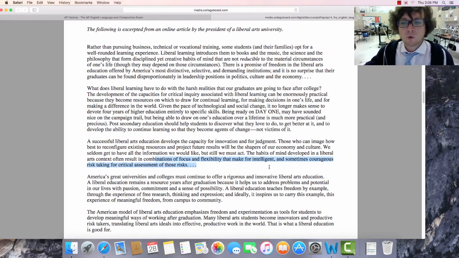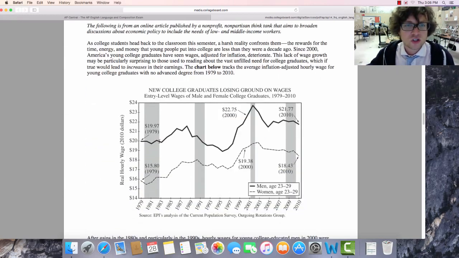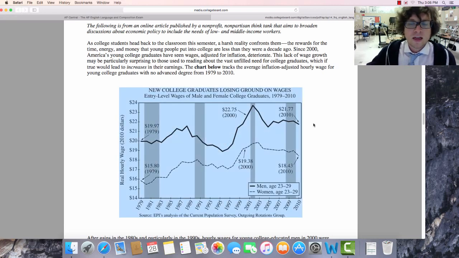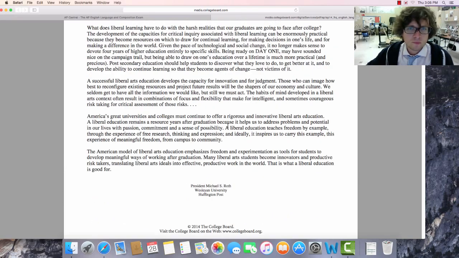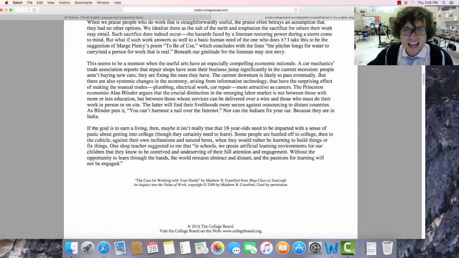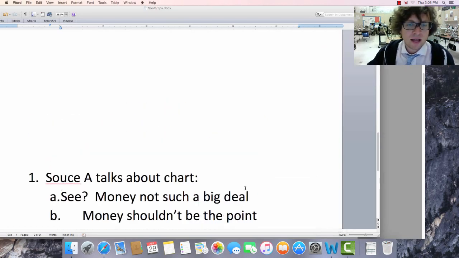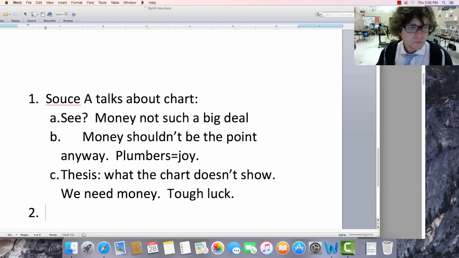So this person might point out that while the entry-level wages on this chart, as we said, remember, entry-level, may not be as high as they used to be, what the liberal arts gives you is an opportunity to not only expand your earning as you go through life. You can do more and expand what you're able to do, and it gives you more possibility. But some of his quotes in here also answer source A's problems about people who aren't engaged. So if I'm talking now about a second paragraph, I can use